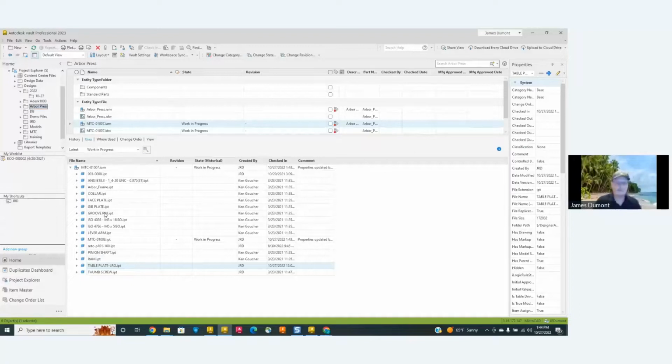We went a little bit over, but again, this is the user group, and it's not about the presentation. We always try to show something, but it's really about interacting. Do you guys have any questions, any comments, any criticisms as far as MicroCAD, Autodesk, upgrades, anything that you need to know? We're here for you, and we'd love to answer any of the questions that you might have. Now, with that, my presentation is done. Thanks, everyone.